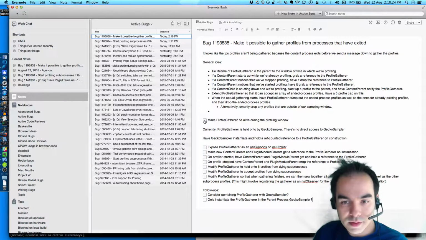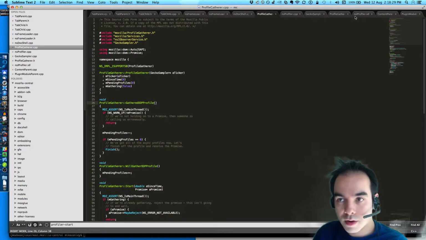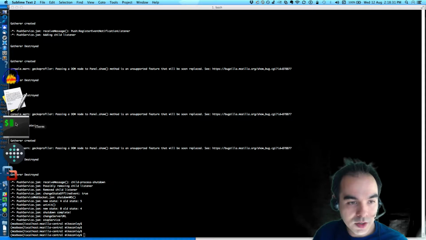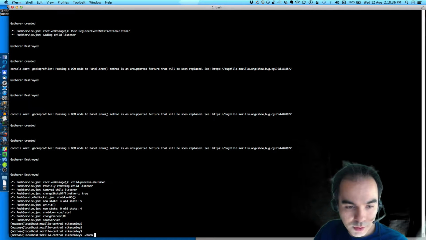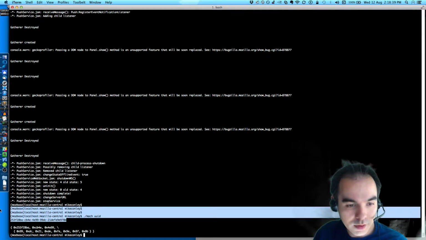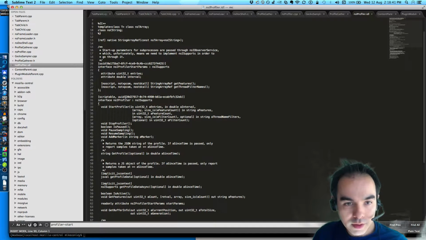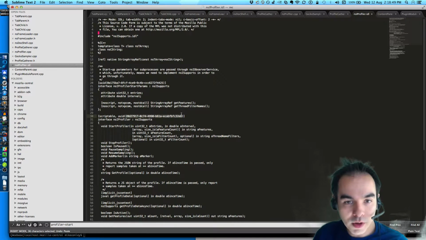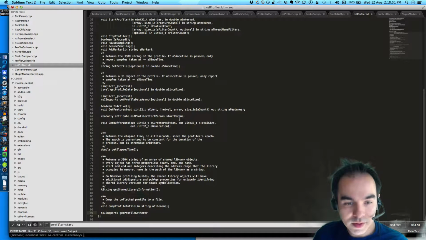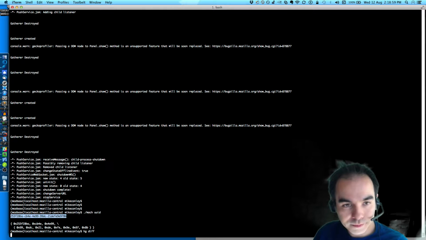So we've done this during the profiling window. That's done. Now we want to expose the profile gatherer through this interface. And when we change an XPCOM interface, we need a new UUID. So we'll add this. Actually, if we can do this in multiple commits, that's usually best. So what I will do, let's take a look at the diff so far.